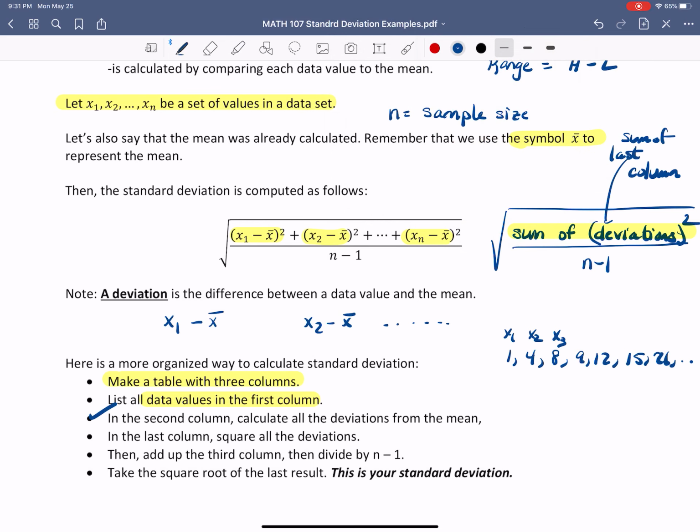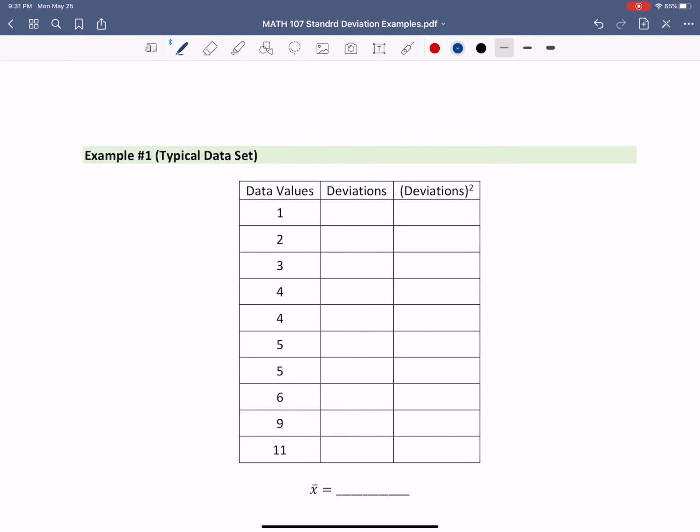Okay, so then what we're going to do is divide by that n minus 1, and then we're going to take the square root. Best illustrated by looking at an example. So let's take a look at one, and then we'll see where we are. So here's a set of data. There's 10 values here. You can count them. So the first thing we need to do is find the mean, which we know is just taking the sum of all of those values